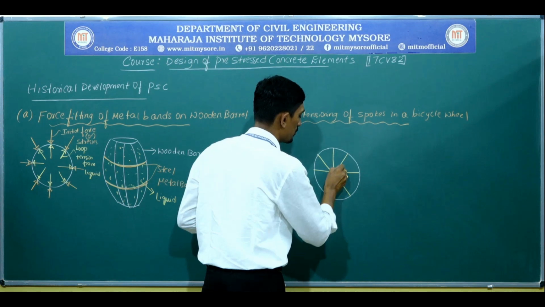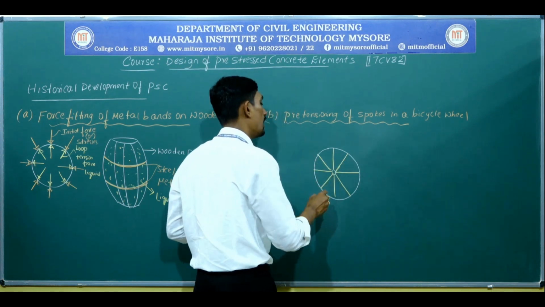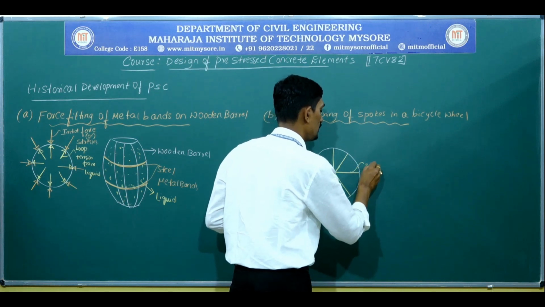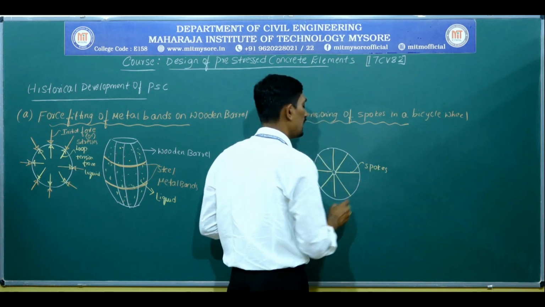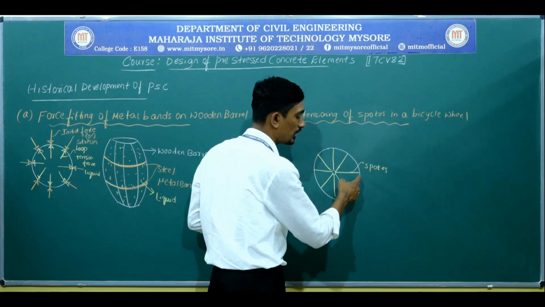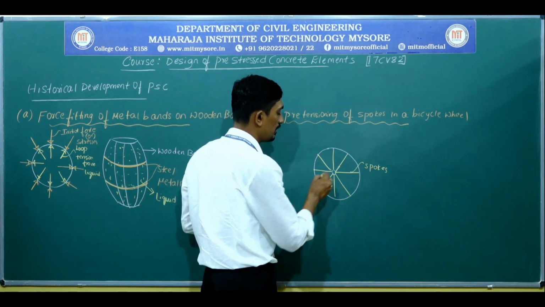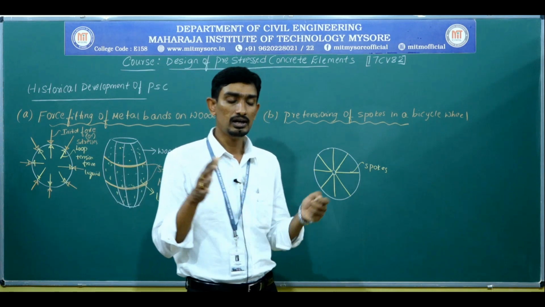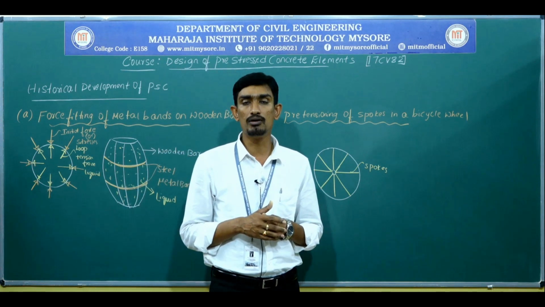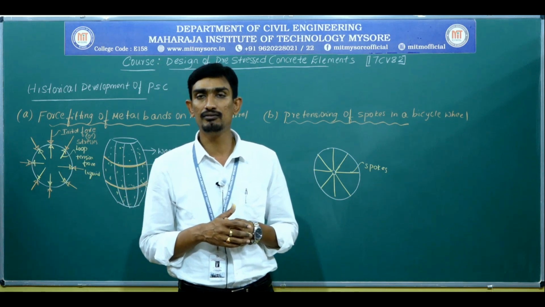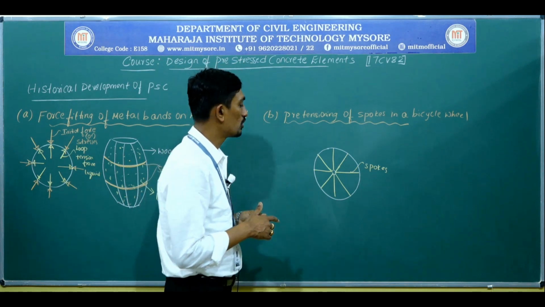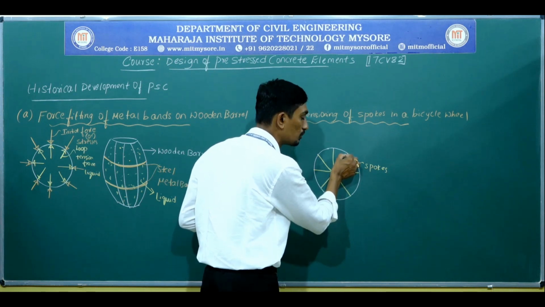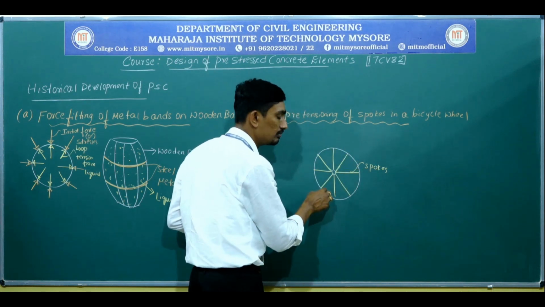So the spokes are being connected and will be firmly held to the rim. This portion you already know, this circular portion we used to call a rim of a bicycle wheel, which will be attached to the tube or tire of a bicycle wheel. Now these spokes have been tightly tightened to the rim.